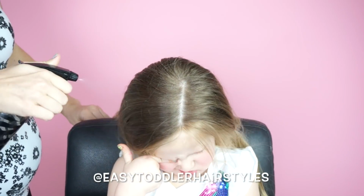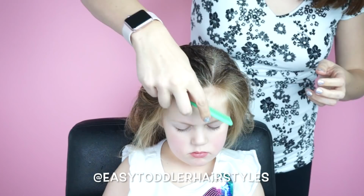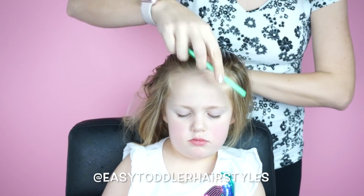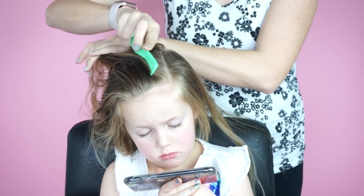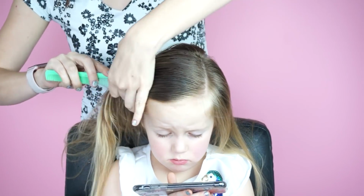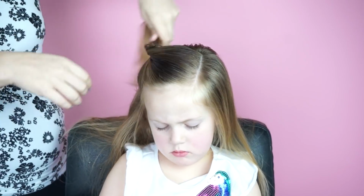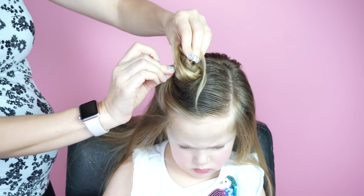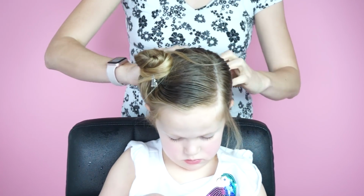I sound like a broken record here, but we are going to spray the hair down with a little bit of water. Water is your friend when it comes to toddler hairstyles, as well as spray gel. And then I'm going to make a deep right side part at the back of the crown, and then make another part maybe an inch or 2 above the ear. I'm going to secure this section off and then secure the rest back into a ponytail so it is out